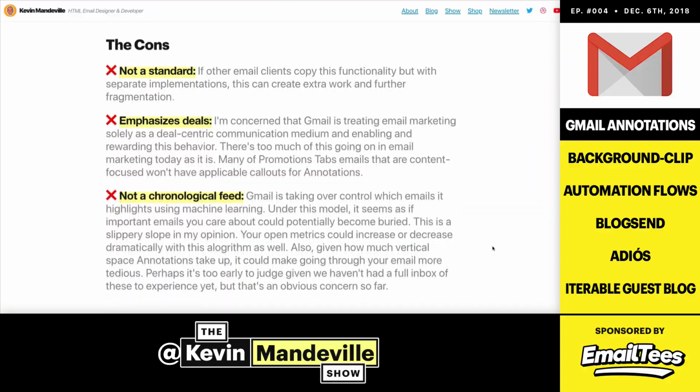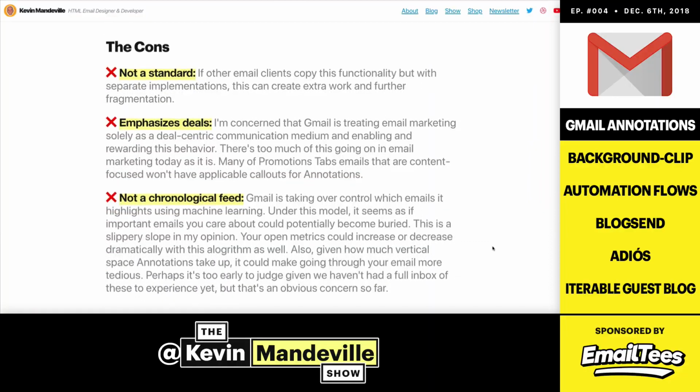It's like we need to move away from that in the industry. There's a time and a place, don't get me wrong, but there needs to be more focus on the actual content side of things. And right now, this is a very deal-centric approach to email. So I don't like that it could possibly encourage and reward that behavior over other emails in the